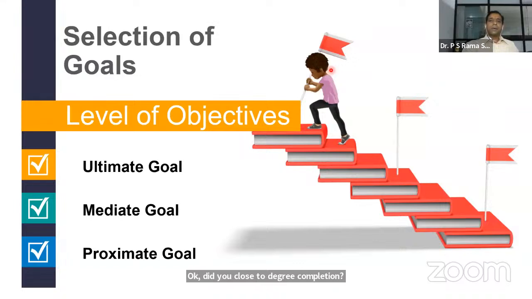Yeah. So proximate goal, say if you take a specific subject, the proximate goal actually changes for a discipline, for a subject, and for a curriculum. It is different for all of these. So a subject has got a proximate goal, a mediate goal, and an ultimate goal. Same way, the curriculum has got a proximate goal, a mediate goal, and an ultimate goal. So when we design the course, right,